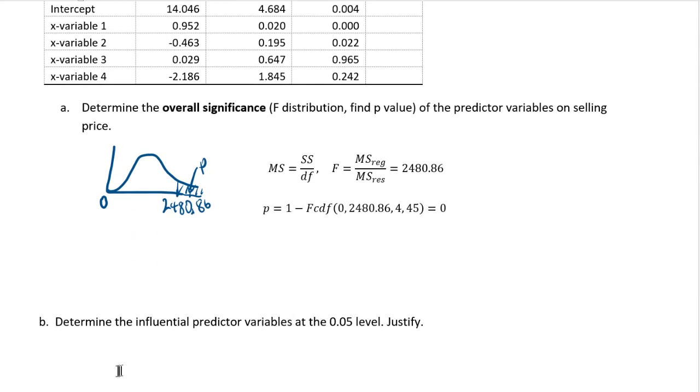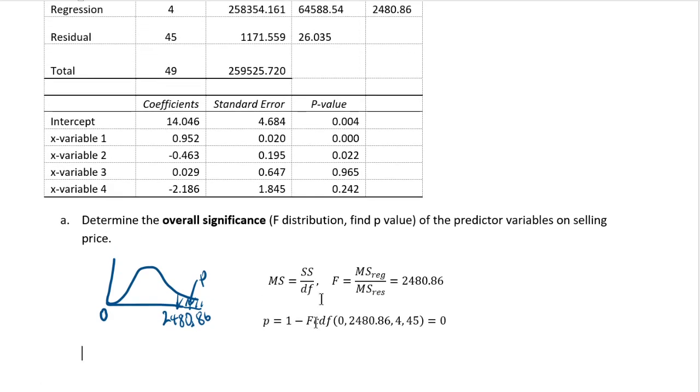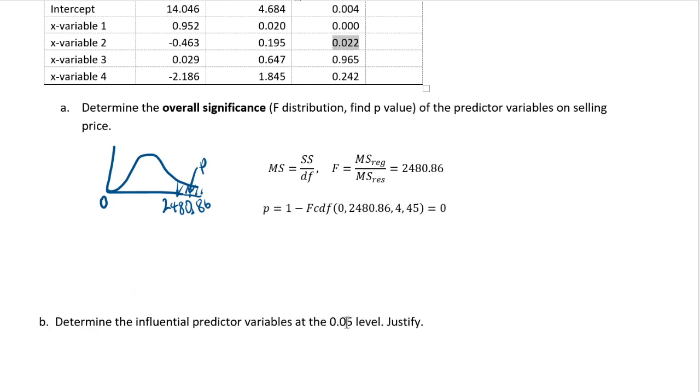Okay. Now B, determine the influential predictor variables at 0.05 level. Justify. Well, you have the p-values, and all these coefficients come with some p-value, and you can see that this variable 3 has a p-value so high that it's not significant. Neither is this 0.242. Only these two seem to be significant, and they're both below 0.05, so both of them are influential. So the answer would be x1